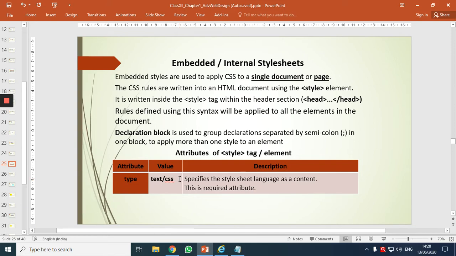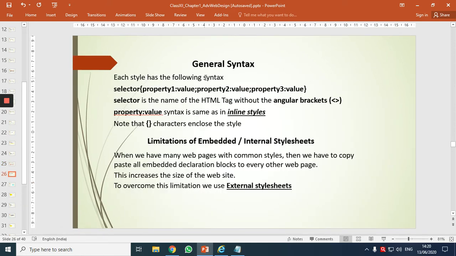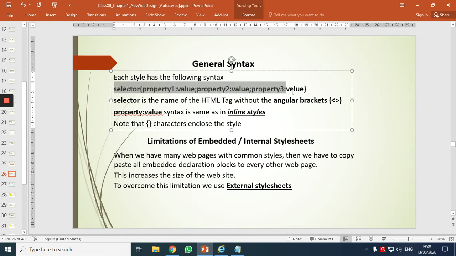Now, what is this text or CSS? This particular part. We are familiar by now with the selector and the property part. Now this is what we write. The selector is the name of a tag, and this declaration part is what?